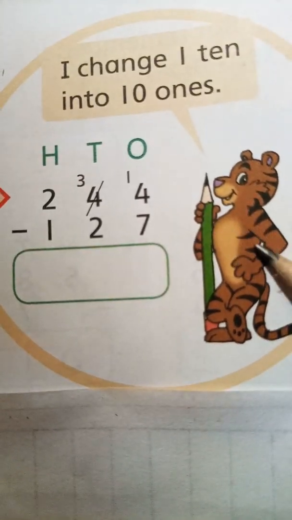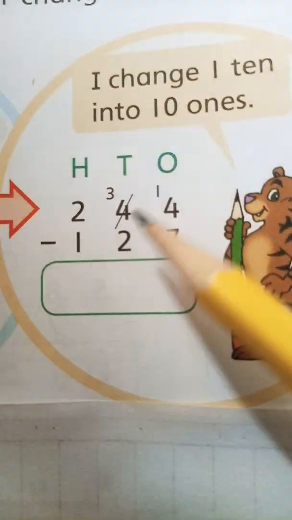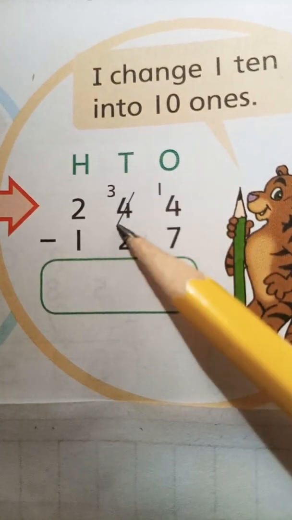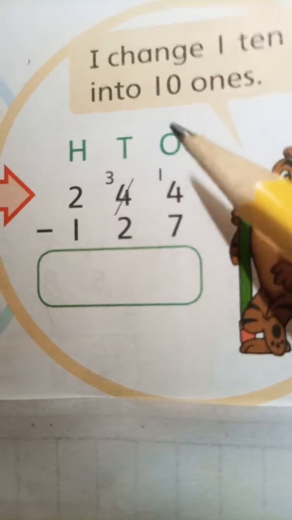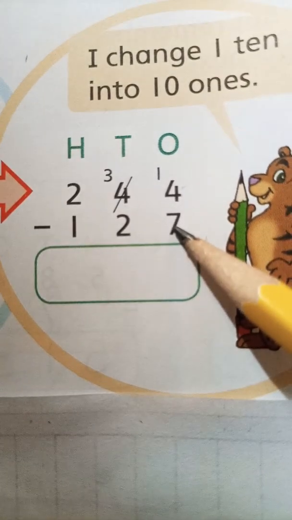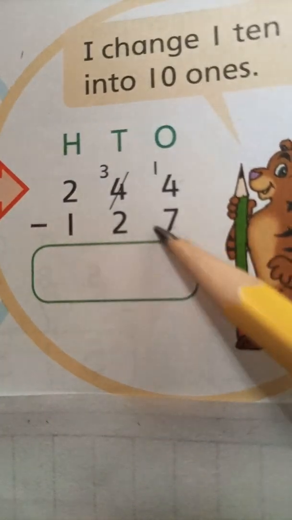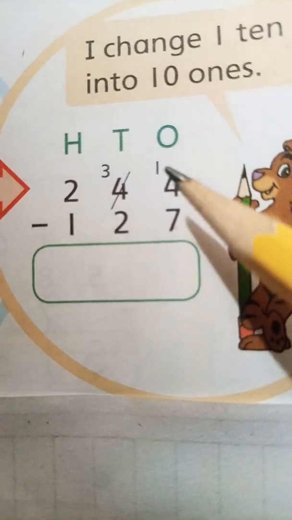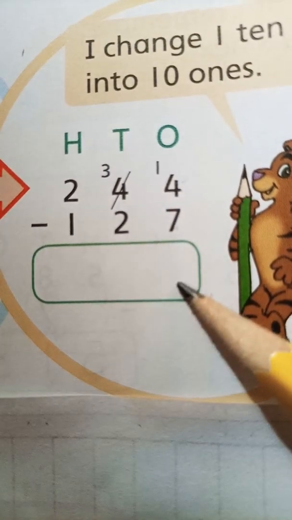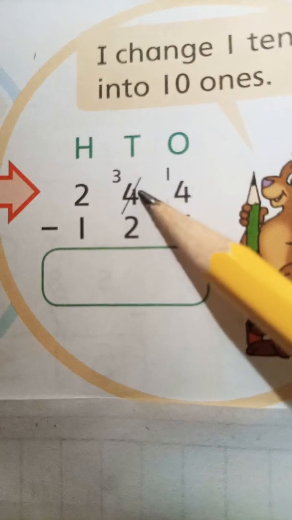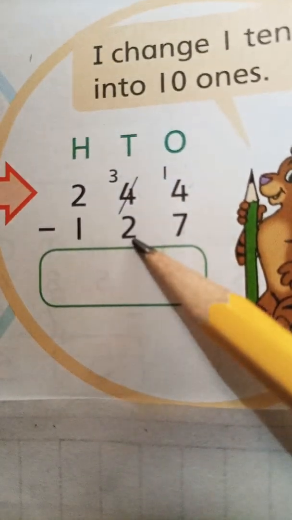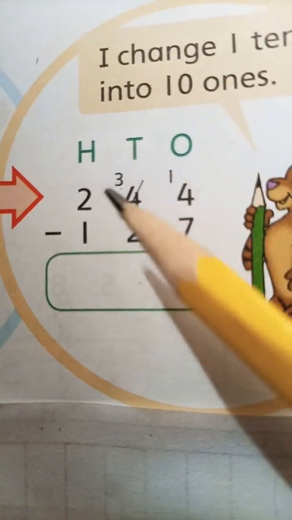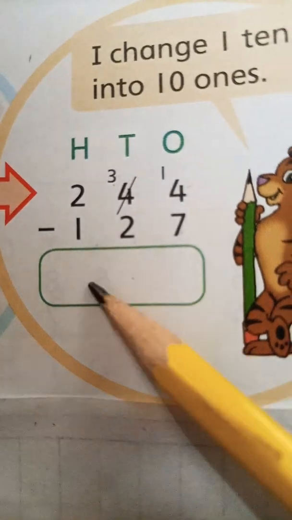Look students, Tiger did the same thing. He borrowed 1 from the tens column and he got 14 and then he divided 7 candies among his 7 friends and he was left with 7 candies from the 14. Here his friend was left with 3 candies and he also gave 2 candies to his friends and was left with only 1 candy. Same is with this friend. Okay, now